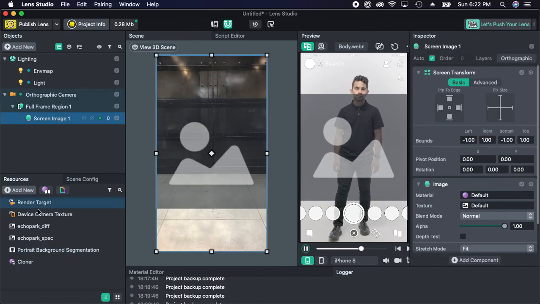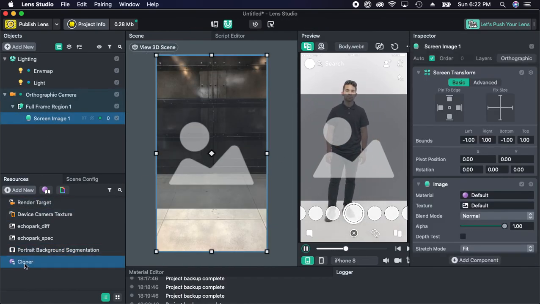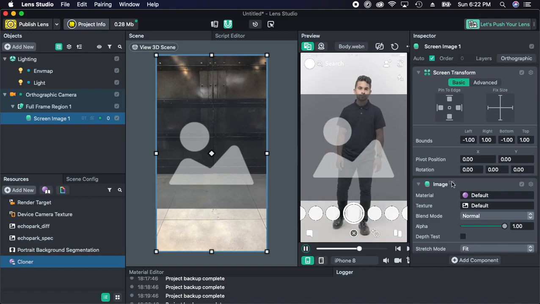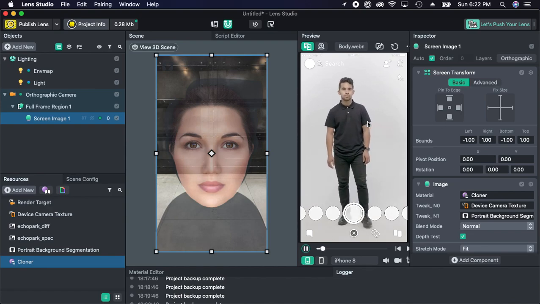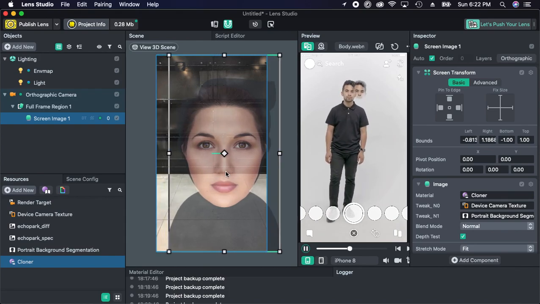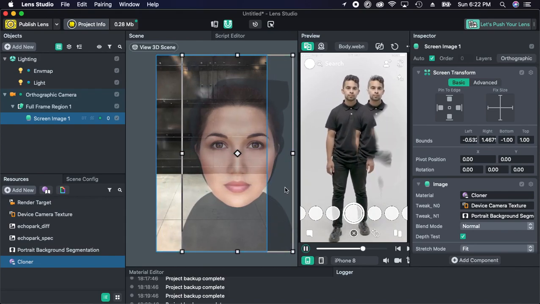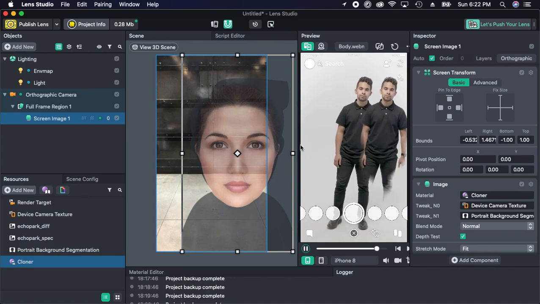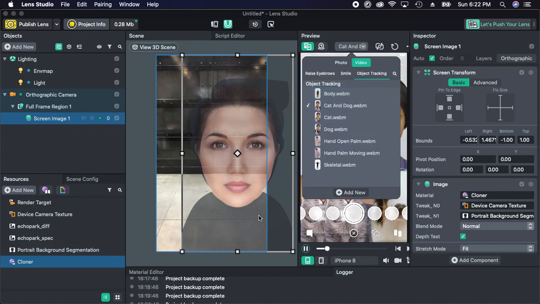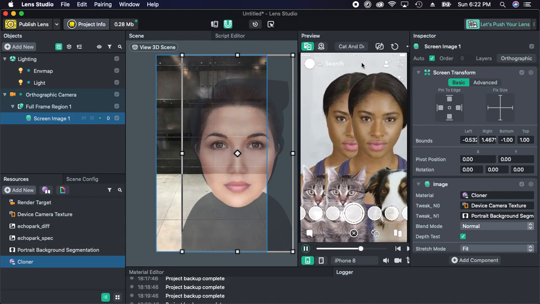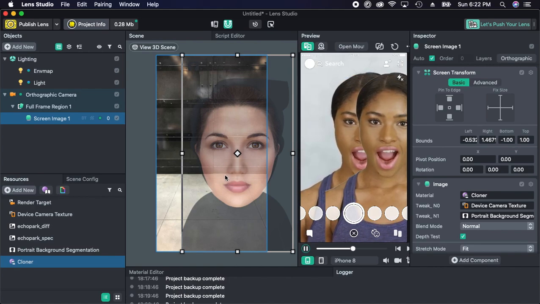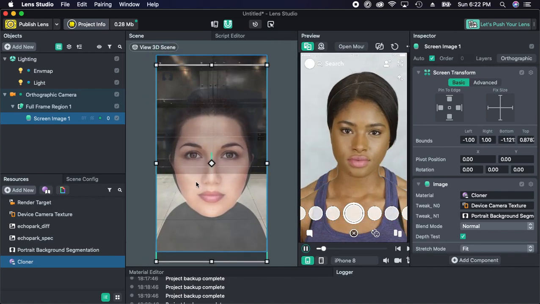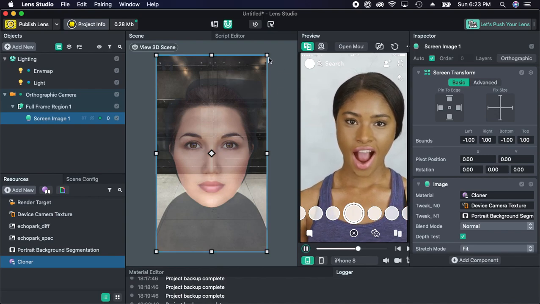Once you have done this, go to the resource panel, drag the material we made, and drop it on the image. Now you can see nothing is different. We are seeing some person walking. But once you move this, you can see that based on the identification, we are making a copy of the person. Now you can see we made an exact copy of the person with the camera view.